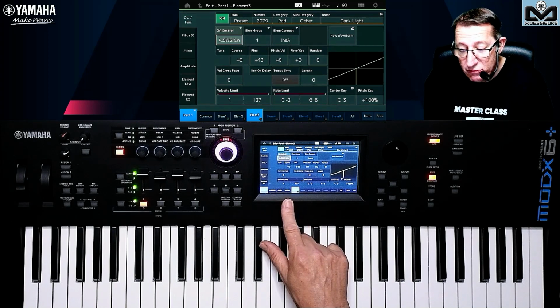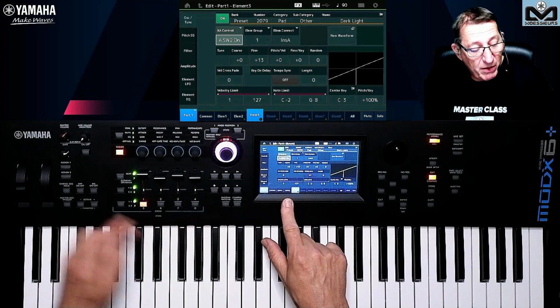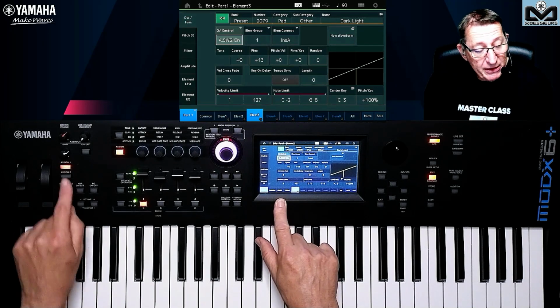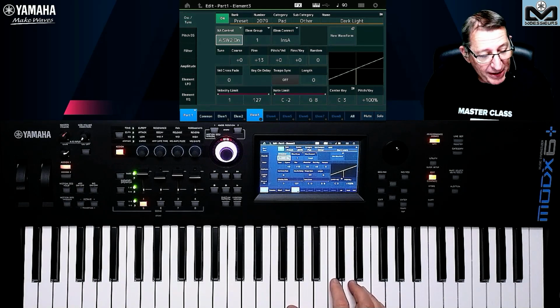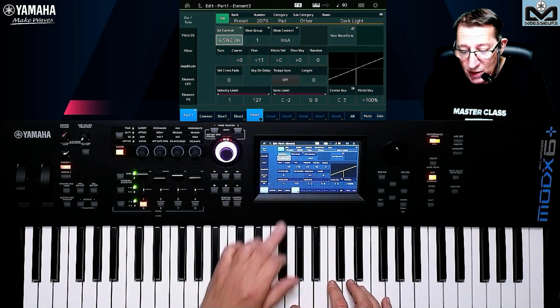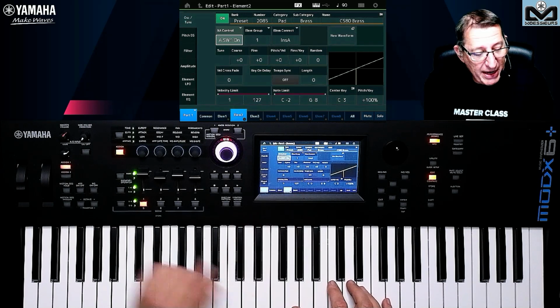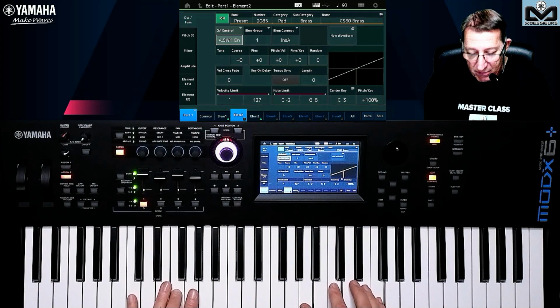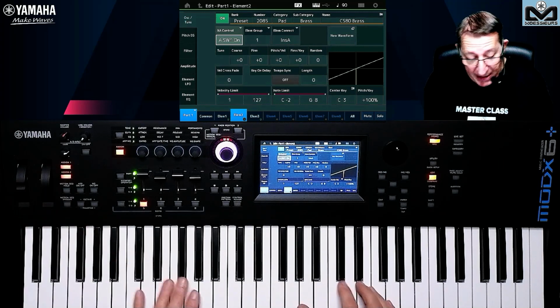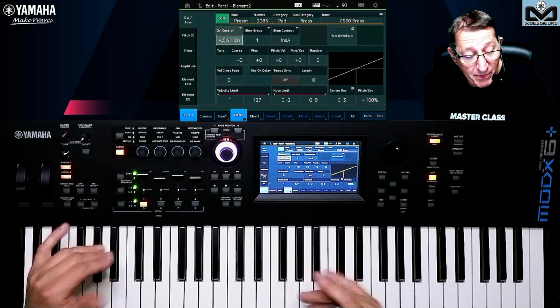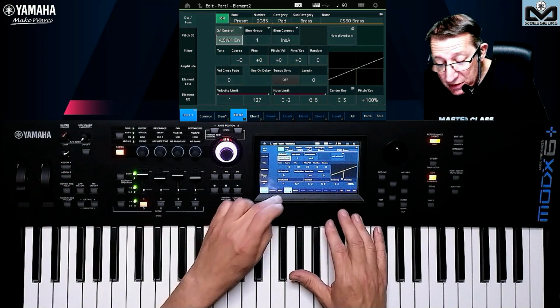To have element 2 play on top of element 1, I need to set the assign switch on. And now I have the 2. If I want to have element 3 play on top of the 1, like this. If I want to have the 3, I need to push the 2. So it's a very nice and easy way to add some elements, remove some elements. And you can do great things.